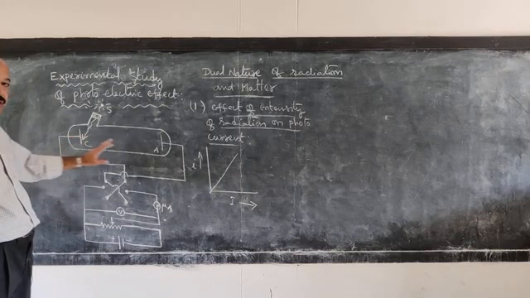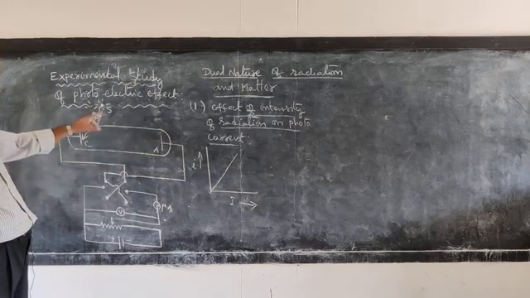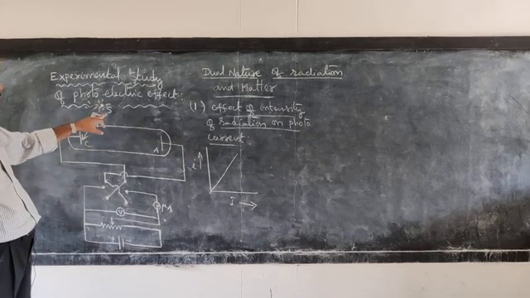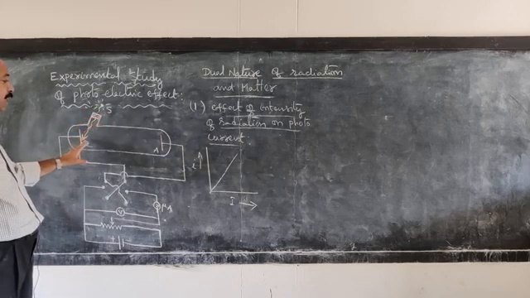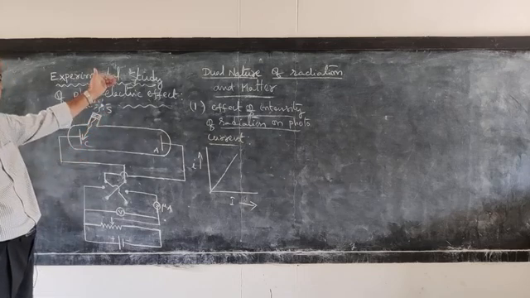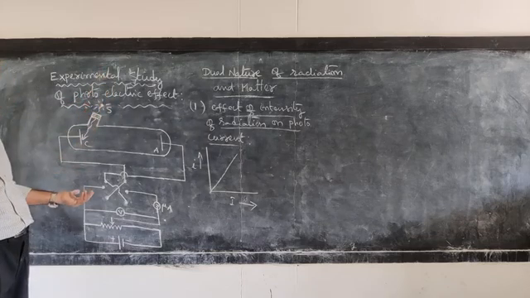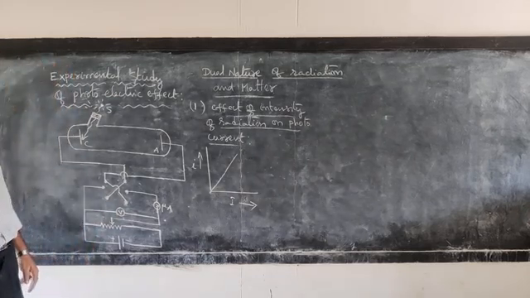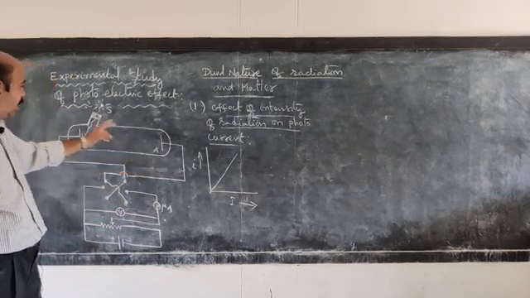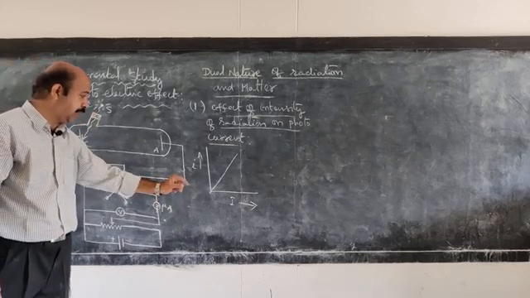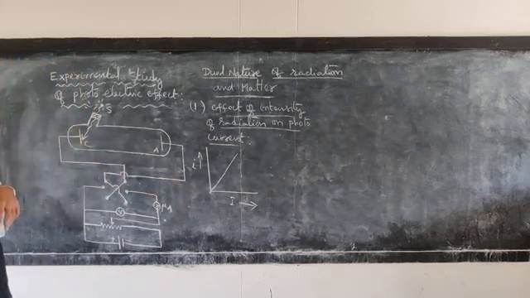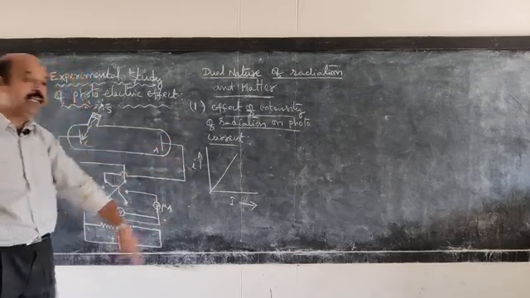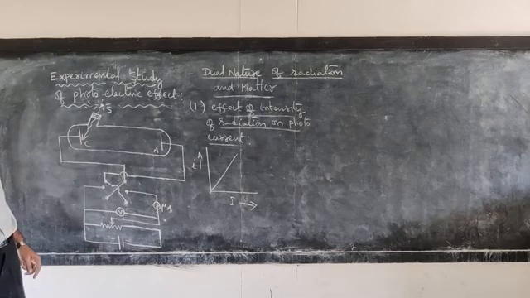Keeping the potential difference constant and the frequency of the incident radiation constant, if you move the source away from the cathode, the intensity decreases. If you bring it nearer, intensity increases. You know that intensity is inversely proportional to the square of the distance. So with changing the intensity of radiation for a given frequency and potential difference between the cathode and anode, the photocurrent increased linearly. That is the first one.